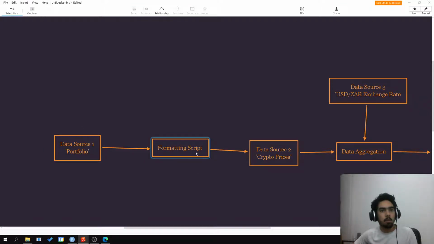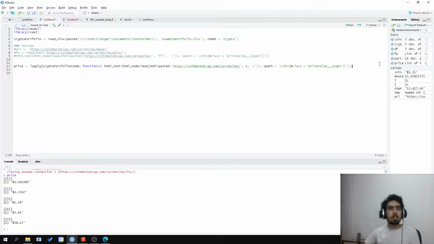So we've got the portfolio, we've used the formatting script just to extract the codes of the assets, and then we've got our crypto prices. So let's aggregate some data, right? We need to have the name of the coin, the name of the asset, how many units we own, and multiply that by the price, right? So in price, we can see at the moment